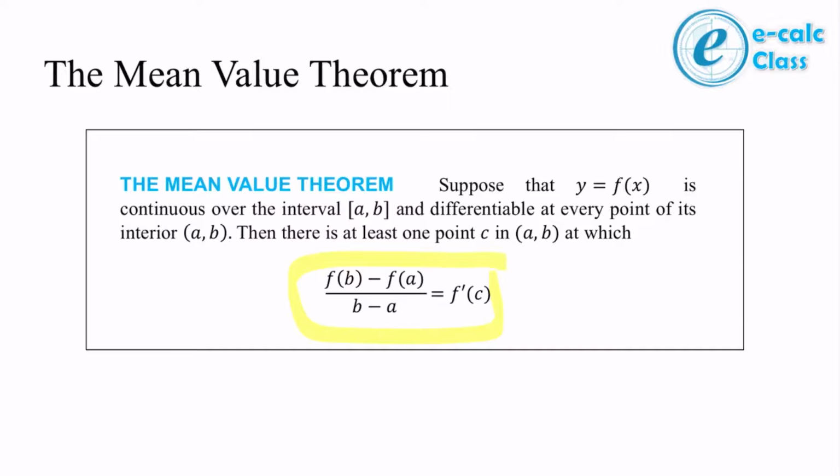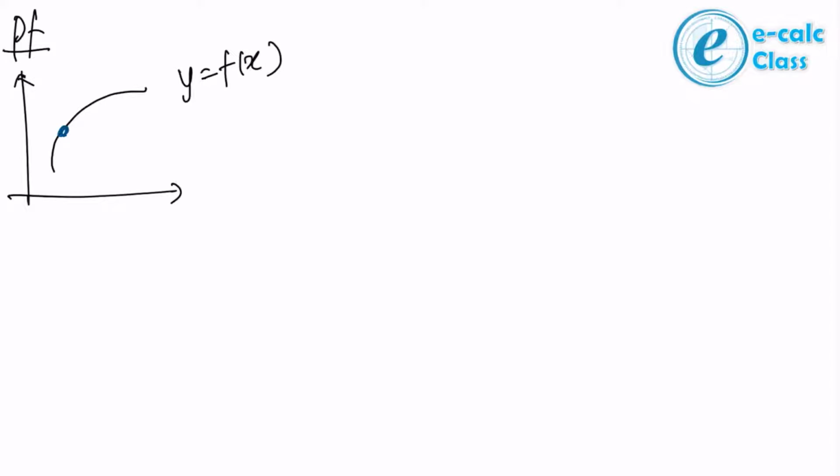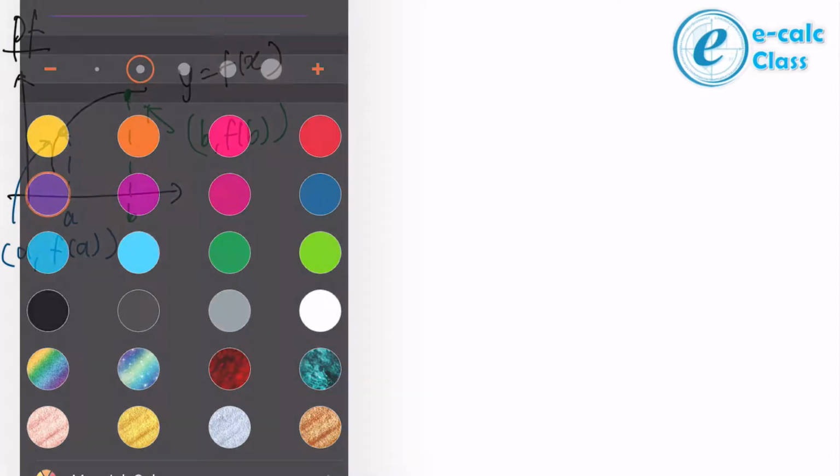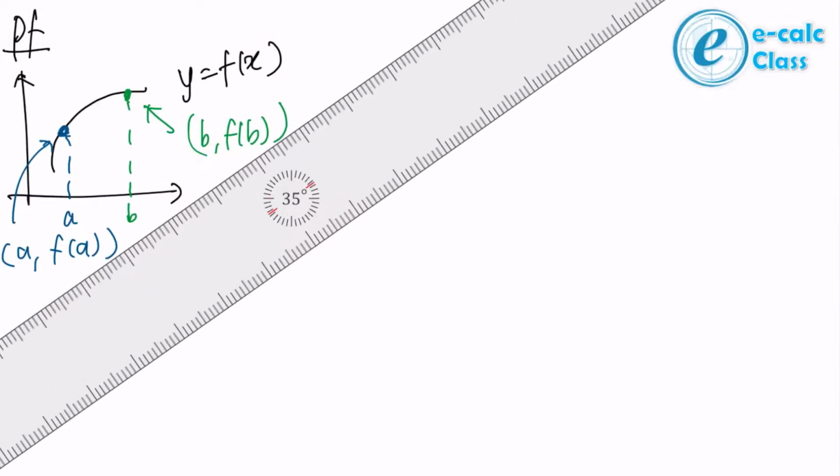Okay, let me have a new page. Alright, proof. I think I will directly start with this graph here. Okay, graph y equals to f(x), and then we have 2 points. This point A, then B. Then obviously this is your B, f(b), and this is your A, f(a). Okay, and now what I do is I want to connect 2 of them together. Maybe I use purple color. I want to connect 2 of them together,